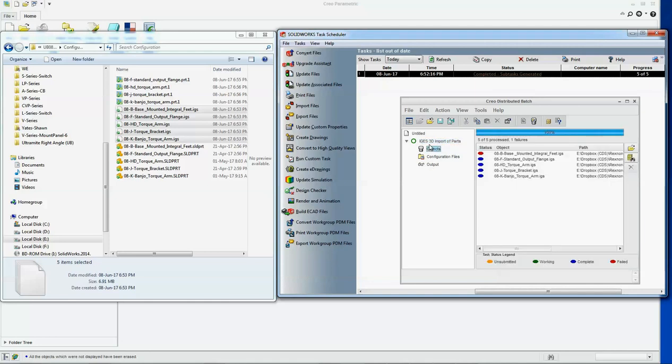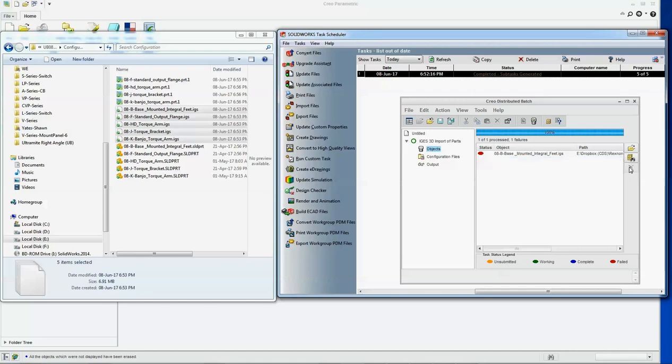Let us check which file. Here this file is failed. So 4 are converted easily, but this one is failed. I don't know why. Let us try again.